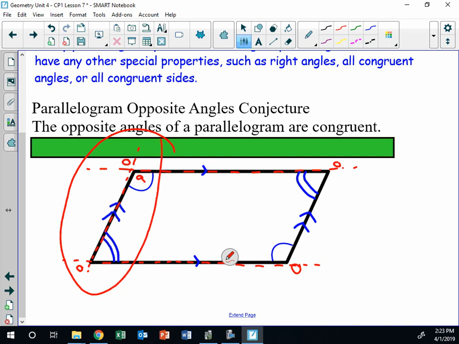Everything could be A. We can get that with a vertical angle, or with a corresponding angle, or it would be the linear pair of B. So we can get that by A plus B equals 180, a vertical pair, a corresponding angle, and a vertical pair as well. We've seen this before in dealing with other shapes, that we have all of these similar angles